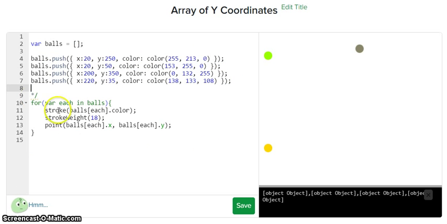So that is dealing with an array of JSON objects, and then a nice, easier shortcut to access your array and access each of the properties in each of the array's cells, 0, 1, 2,